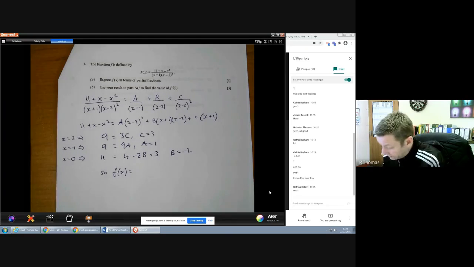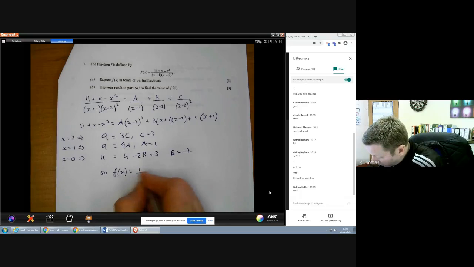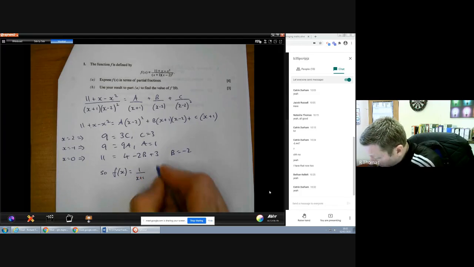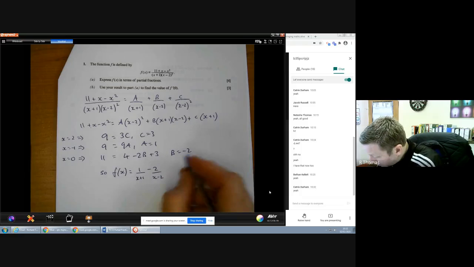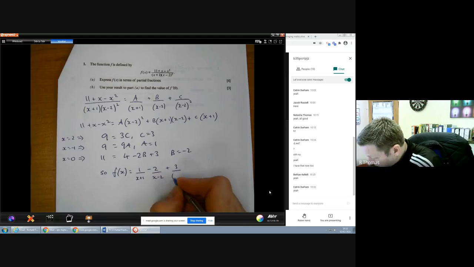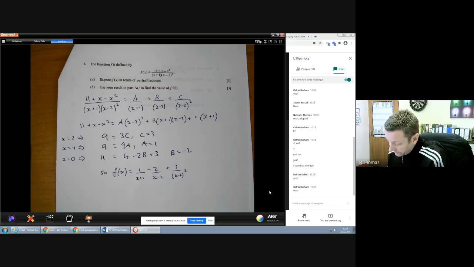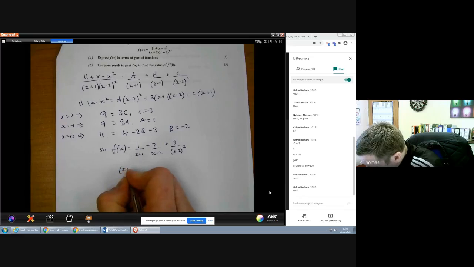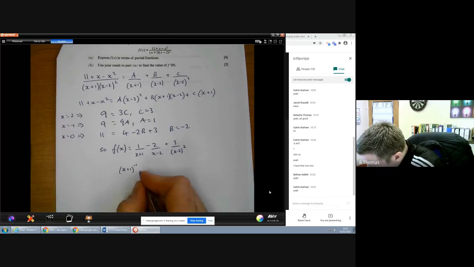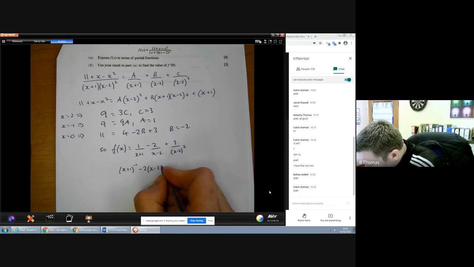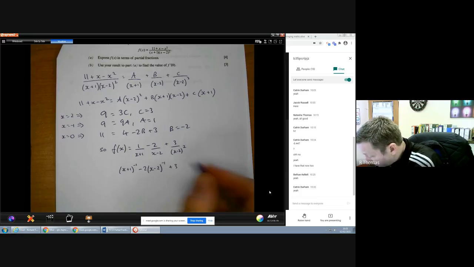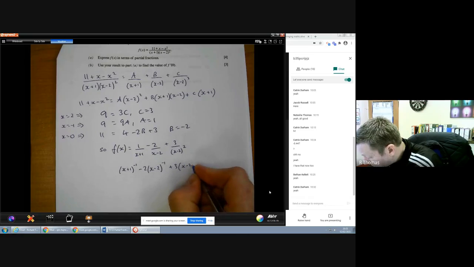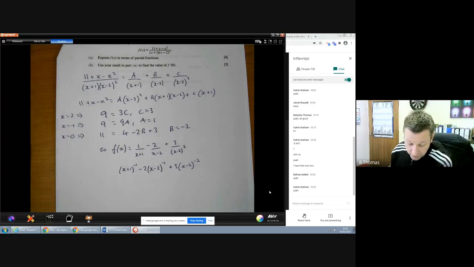I'm hoping that's what you have. So we're left with 1 over x plus 1 minus 2 over x minus 2 plus 3 over x minus 2 squared. And we need to differentiate that now, right? We need to find f dash. So I'm just going to write it as x plus 1 to the -1 minus 2 x minus 2 to the -1 plus 3 x minus 2 to the -2, and then do power down